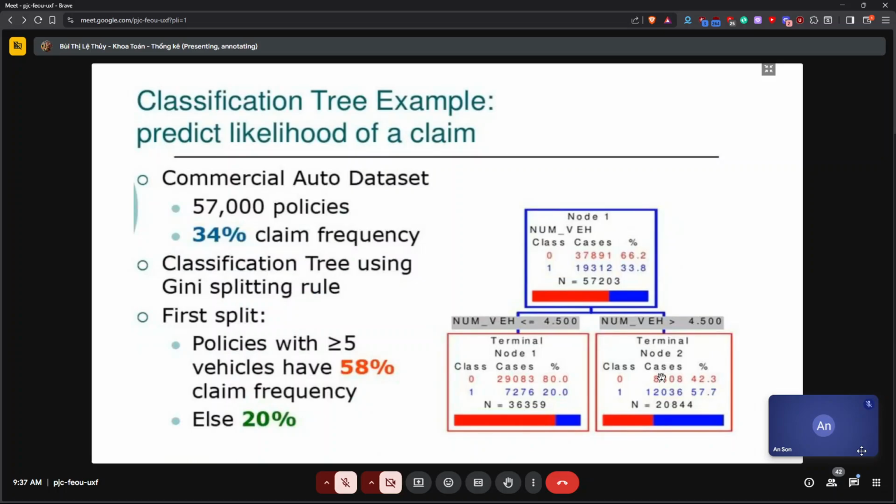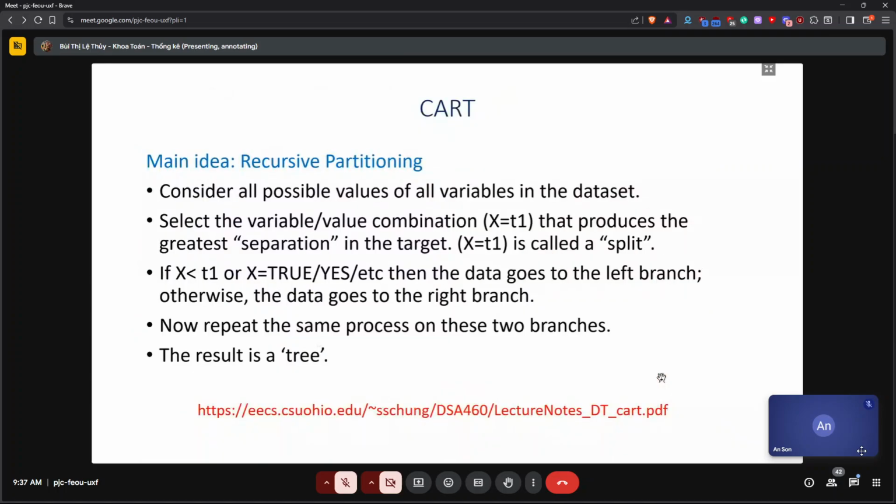In the previous one, these are the actual examples, and I've got the link there to this example. This is from some lecture notes by Professor Chung from CSU Ohio, and you might want to read this if you're interested in this particular example.